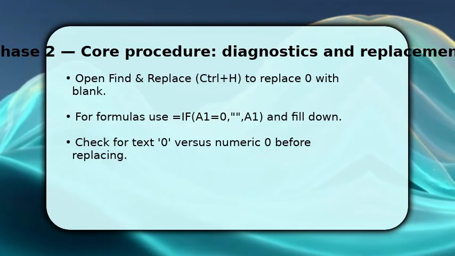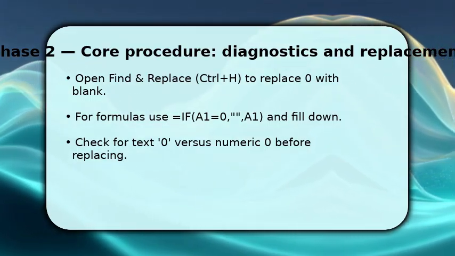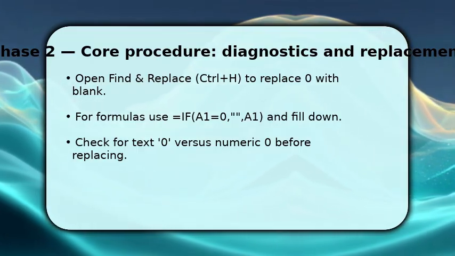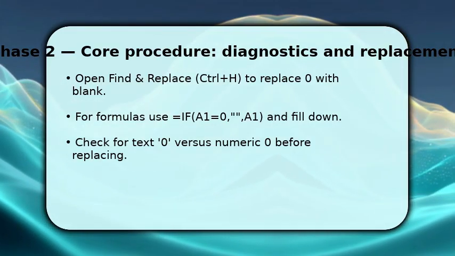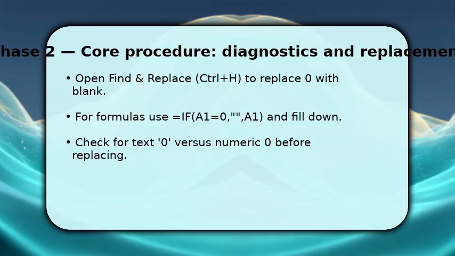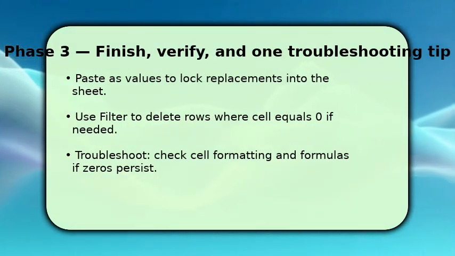Alternatively, insert a helper column and use =IF(A1=0,"",A1), then fill down and paste values back to preserve layout. Make sure to use match entire cell only when zeros stand alone. Otherwise, you might strip zeros from 10 or 0.5 in it. You finish by pasting as values over the original range to lock changes, then remove helper columns